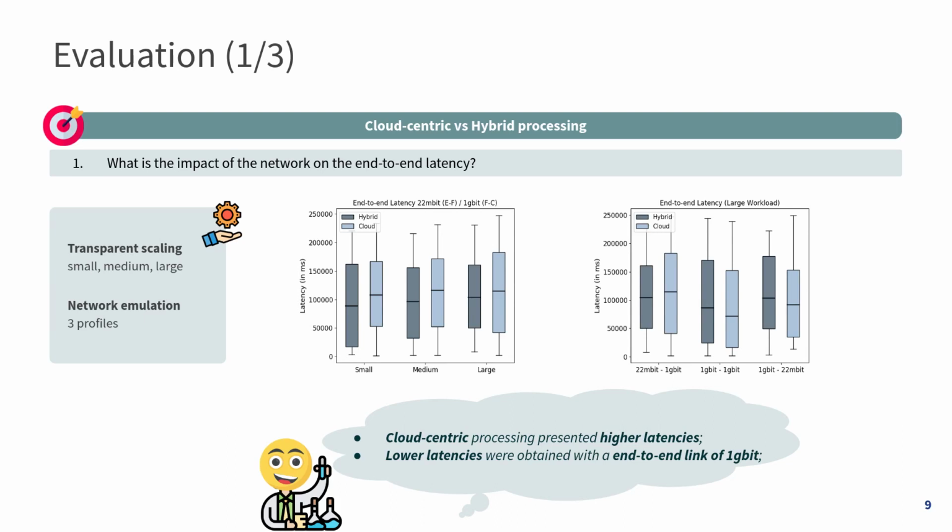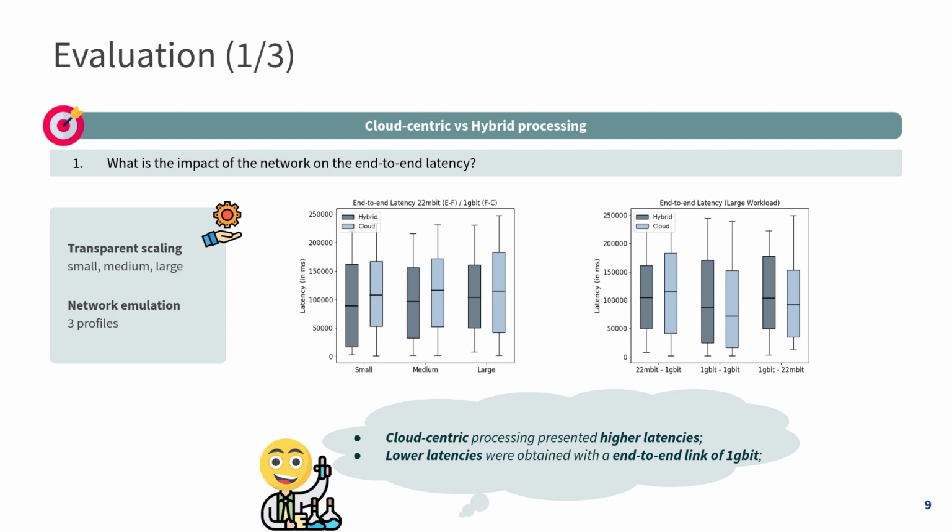The user takes advantage of the transparent scaling provided by HPC to scale between small, medium, and large workloads, and also to emulate three network profiles. So, on the first graph, we have fixed the network configuration and scaled the scenario between small, medium, and large, while in the second graph, we fixed the workload, we used a large workload, and we varied between the network